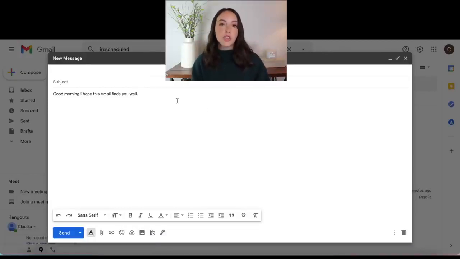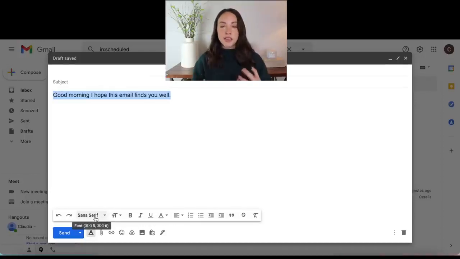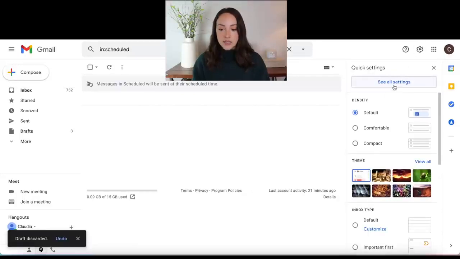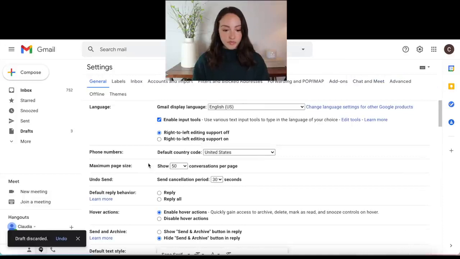Next up, I want to talk about changing your default text style. Within your email, if you highlight, you can go down here to change font, size, all of that, to maybe make typing or reading your emails easier. But you can also change that as a default setting. So we're just going to discard this draft for a second. Go to settings, see all settings again,